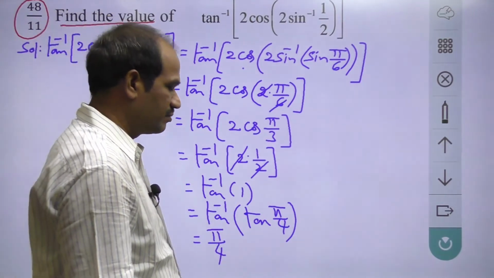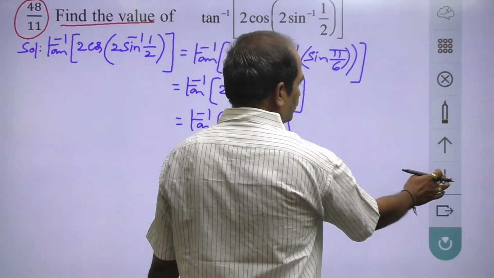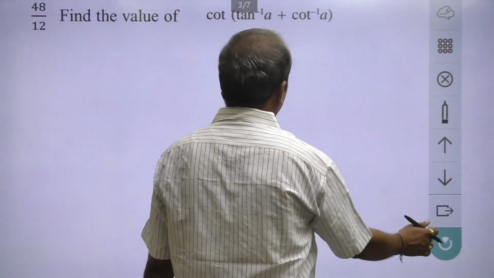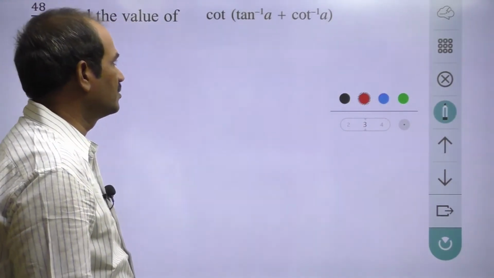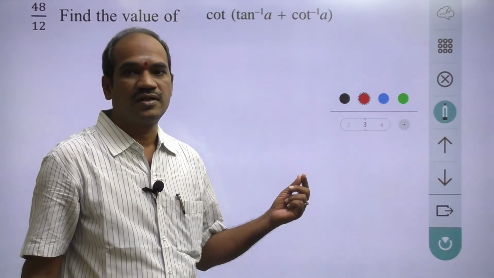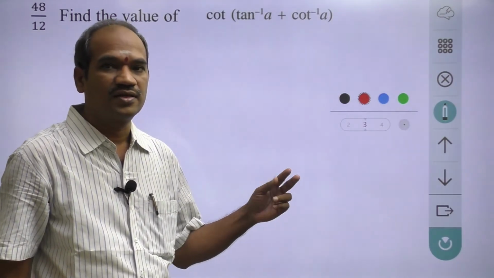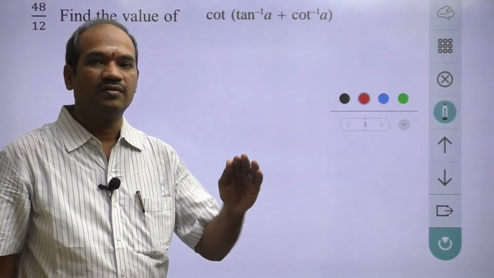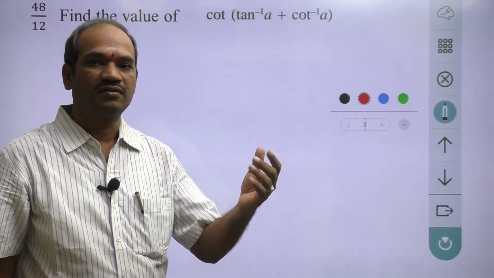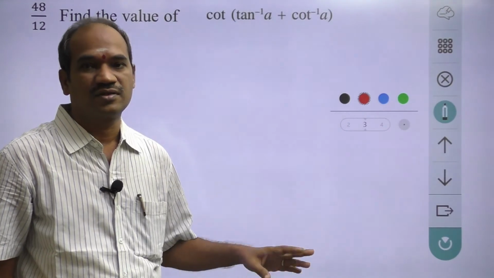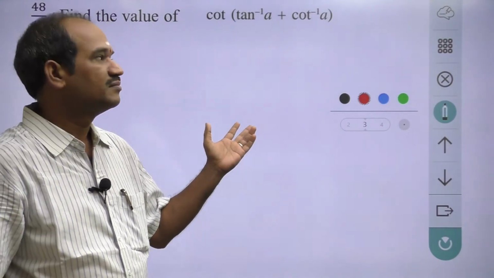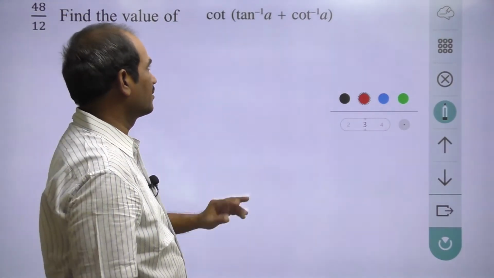Next problem. See here, in this next question, it is a simple problem, a 1 mark question, a repeated question. In case of domain and principal value, this question is given; check the previous question papers once. It is an easy 1 mark question, only one step: apply the direct formula.